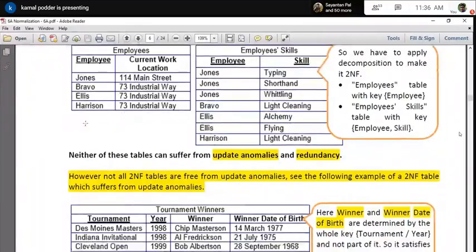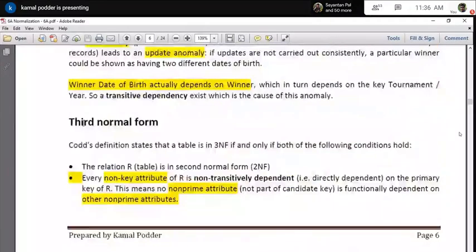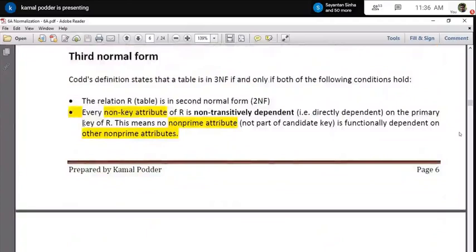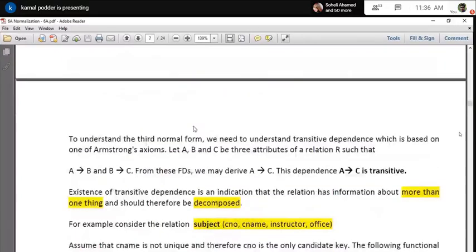So third normal form is basically saying, after achieving the second normal form, you check whether the dependency is non-transitive or not on the primary key. In a particular table, if you have a primary key and there are a lot of columns, you have to ensure that all the columns are dependent on the primary key directly, not transitively. What do you mean by transitive dependency? Let's examine, then you will understand.